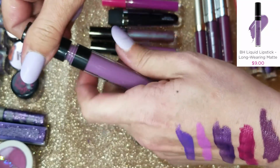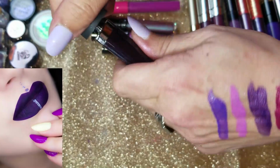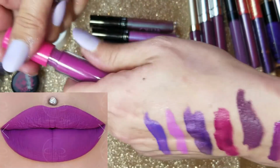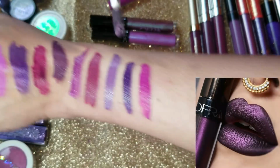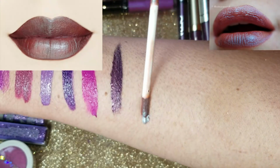BH Cosmetics Gladys. Makeupgeek Electric Slide. Colored Rain Berry Rain. Ofra Napa Valley. Ofra Fantasia,